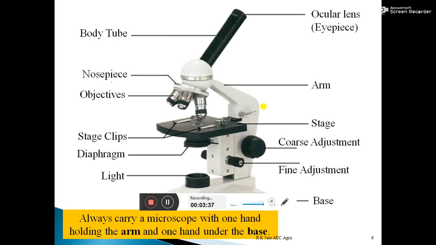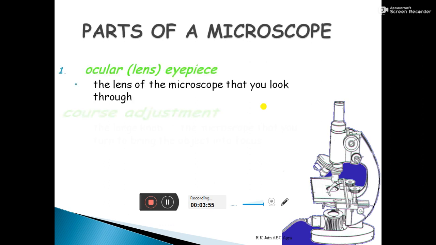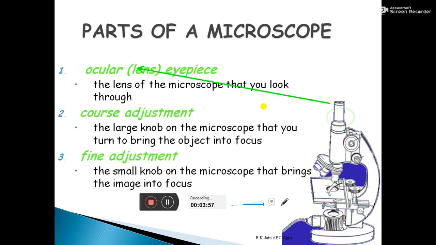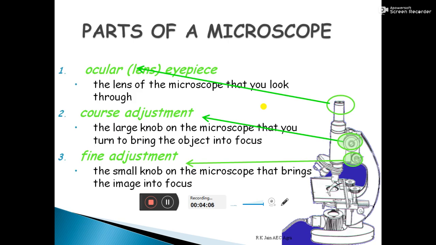Today we will discuss the microscope which is generally used in the laboratories. Such a microscope is known as the bright field compound lab microscope. If you look at the parts of the microscope, they can be divided into 2 basic categories. One is the essential parts of the microscope, and another one is the accessory parts of the microscope. Essential parts of the microscope are those parts which are essentially used for the magnification and for the image formation. These parts are the ocular lens, the coarse adjustment, and the fine adjustment.